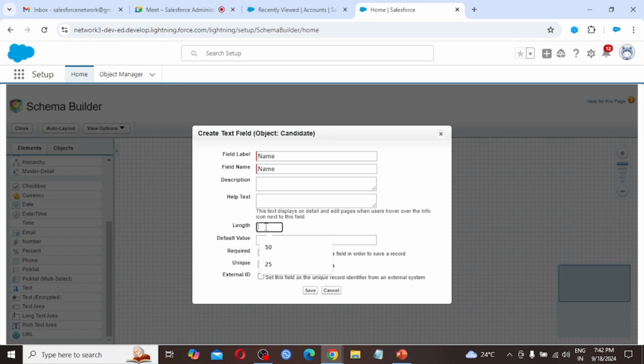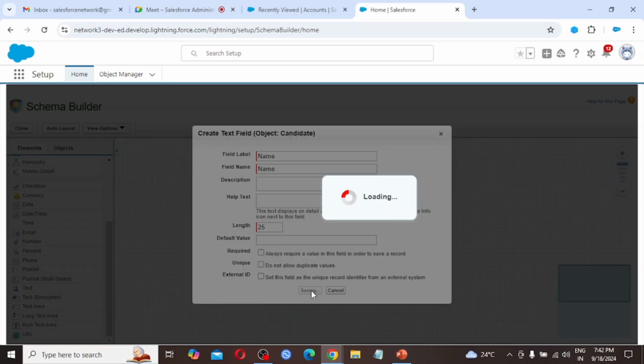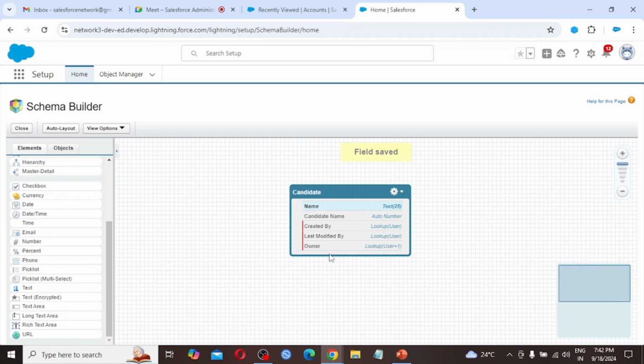Length I am going to provide 25. Default value I am not providing, and not making required, unique and external ID. Simply clicking on save button. So one field is created, name we are seeing here.